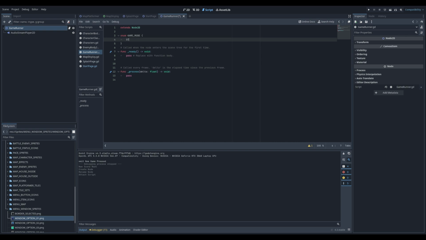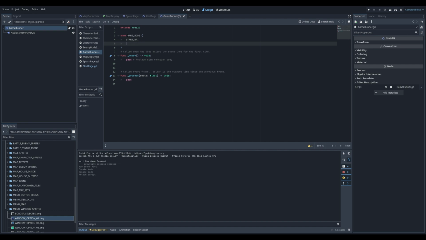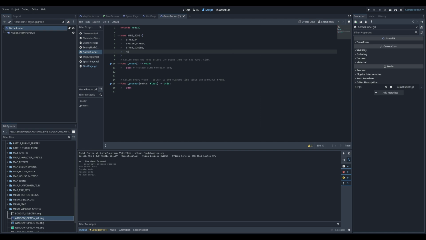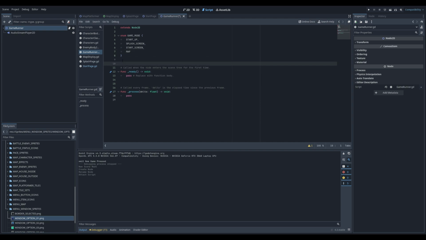We're going to have startup, which for now is going to be pretty empty. We're going to have splash screen, which we just made. And we're going to have start screen, which we also just made. And then for now, we're going to have a map mode. So startup, splash screen, start screen, map. Cool. Alright, so for variables that we're going to be cycling through while running this one, we're going to go